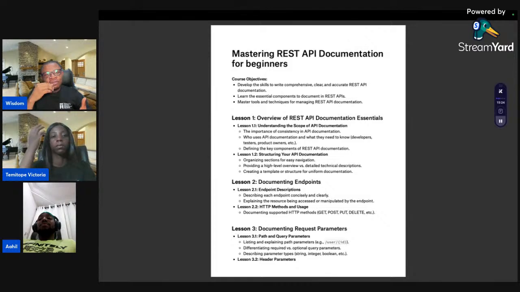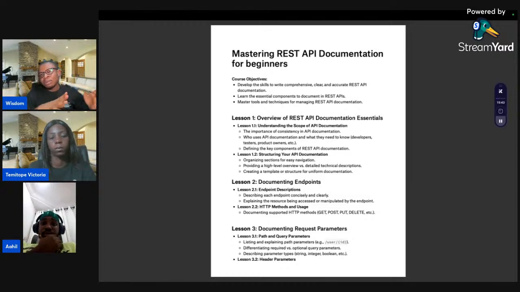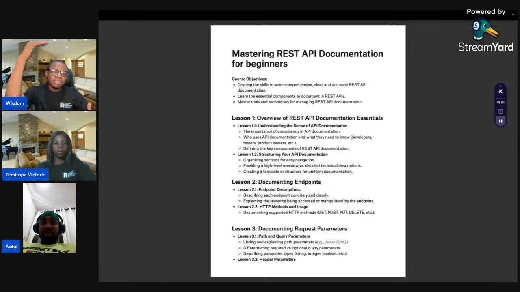For example, if you have a product that has a section for registration, login, maybe user profile, delete account, and all that, imagine starting that API documentation with the user profile, and at the end of the documentation, you are having the registration and the login. That is not the kind of flow we will teach you. The best flow is having the register.